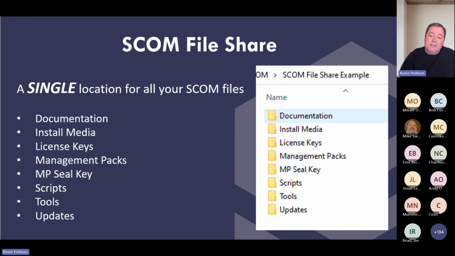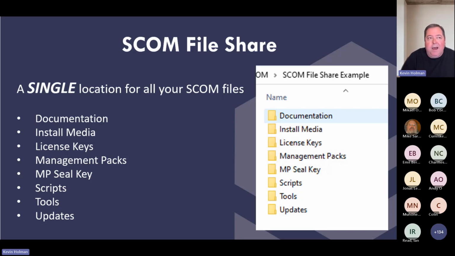If you're doing unsealed MP backups on a regular basis, which I have a management pack that does that, this is a great folder to dump that into, because there's one place where all of your data is. If you're doing sealing through Visual Studio or Silect, it is critical that you don't lose that key. That key is everything to being able to continue sealing and update and upgrade MPs down the road. So I highly recommend you keep it in a central location that is backed up